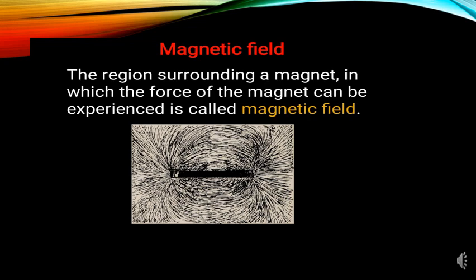The magnetic field has both magnitude as well as direction. The direction of the magnetic field at a point is the direction of the resultant force acting on the north pole placed at that point. The north end of the needle of a compass indicates the direction of the magnetic field at a point where it is placed. You will learn this in detail when you do the experiment, that is, to trace the magnetic lines around a bar magnet. You will learn that in this session only. So hope it is clear to you all what is a magnetic field. You can just remember like this: the space surrounding a magnet in which magnetic force is exerted is called a magnetic field.